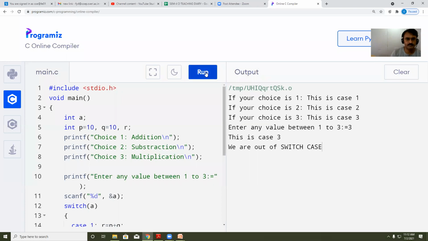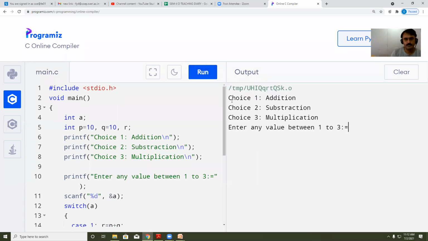Okay, so when I run the program, see, my choice 1 is for addition, choice 2 is for subtraction, choice 3 is for multiplication. So which operation do you want to perform, whether addition, subtraction, or multiplication? Addition. Okay, addition, that means choice is 1.